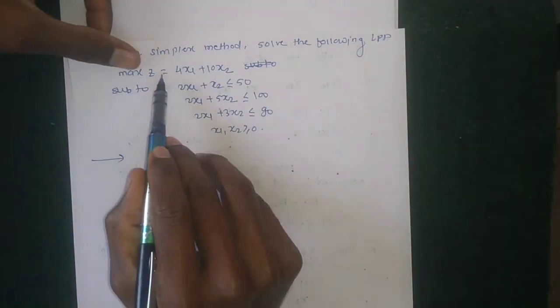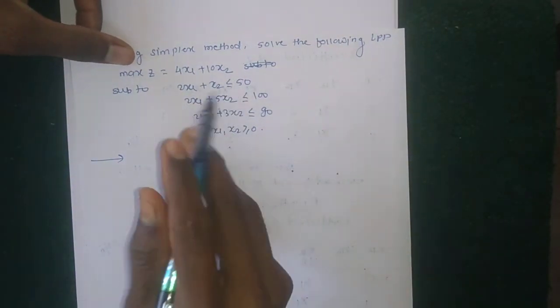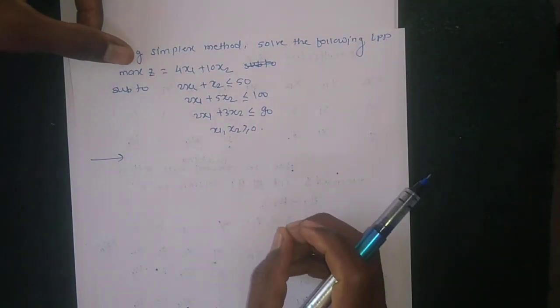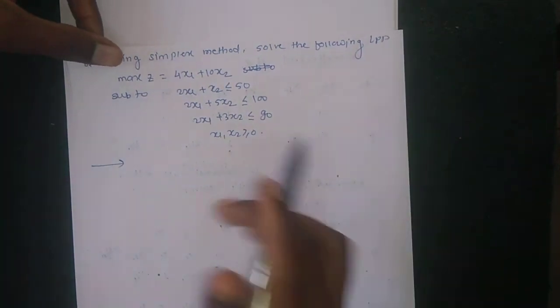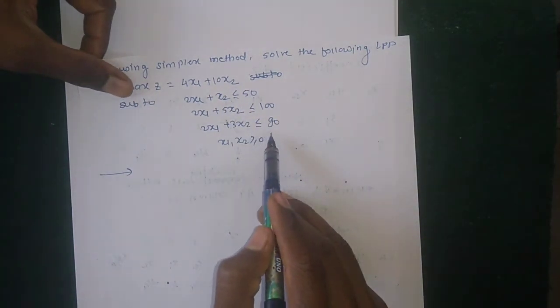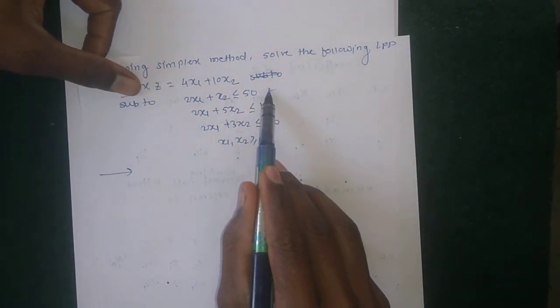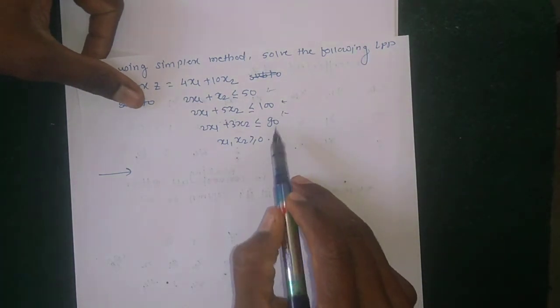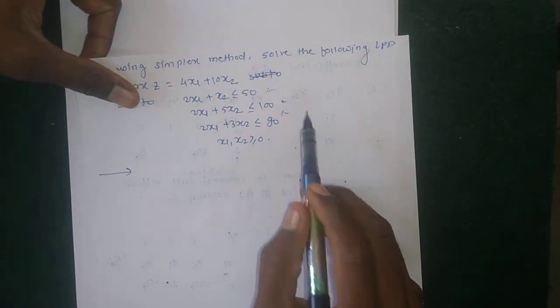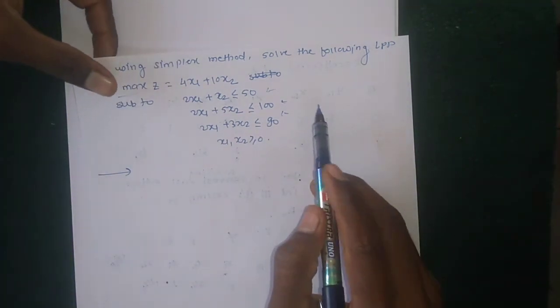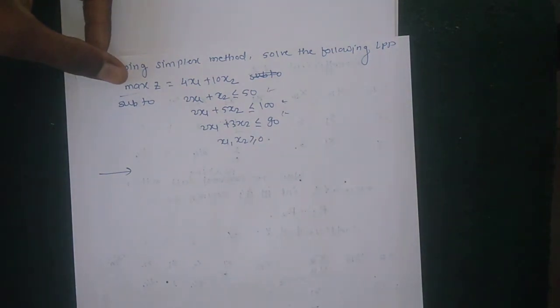Here the objective function is of maximize type, so we do not need to convert it. It is already given that the objective function is maximize type, all constraints are less than or equal, and all constants on the right side are non-negative. So we only introduce the slack variables. Here there are 3 constraints, so the number of slack variables is 3: s1, s2 and s3. The coefficient of a slack variable in the objective function is taken as 0.